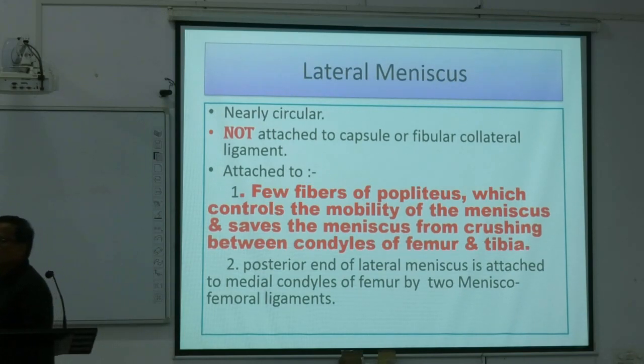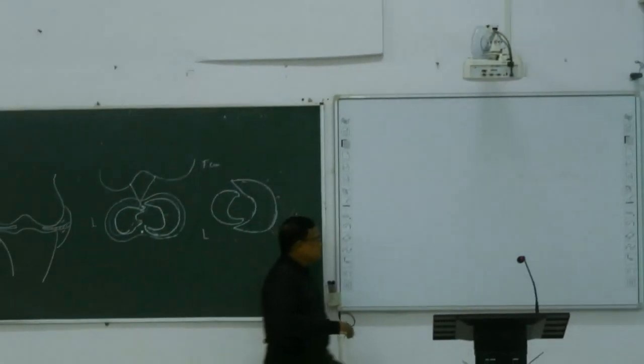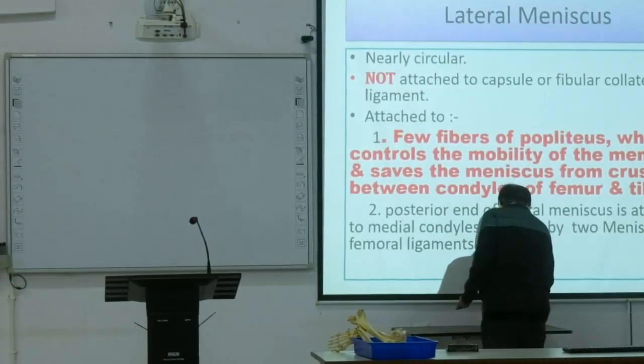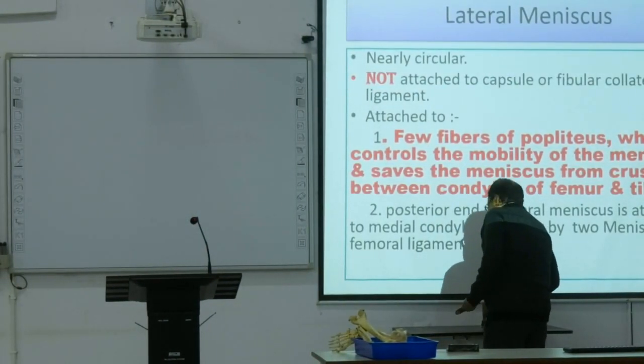আরেকটা ইম্পর্টেন্ট কি, দেয়ার আর লিগামেন্টস অফ দ্য নি জয়েন্টে একটা আমি বলেছিলাম মেনিস্কোফিমোরাল লিগামেন্ট। ভালো করে লক্ষ্য রাখো, কালকে যখন বলেছিলাম হোয়াট ইজ মেনিস্কোফিমোরাল লিগামেন্ট। মেনিস্কোফিমোরাল লিগামেন্ট ইজ দ্য লিগামেন্ট হুইচ ইজ অ্যাটাচড টু দ্য পস্টেরিয়র হর্ন অফ দ্য ল্যাটারাল মেনিসকাস। বুঝতেই পারছো হাউ ইম্পর্টেন্ট ইজ দ্য ল্যাটারাল মেনিসকাস।